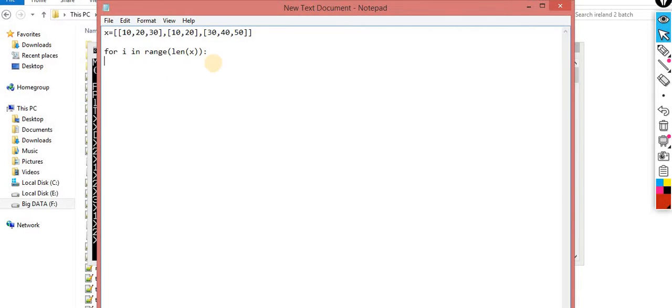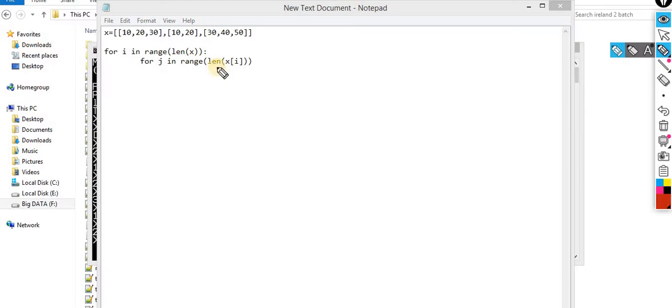Now this one is the inner loop that will take care of the printing. For j in range of len of, now for which len do I have to execute? X of I. Now what is x of I? X of 0, because the I value is initially 0. So what is the length of x of 0? 3. So this loop will be executed 3 times.